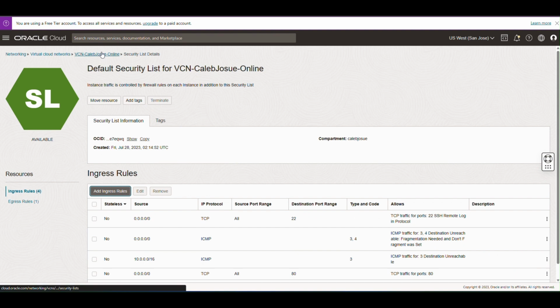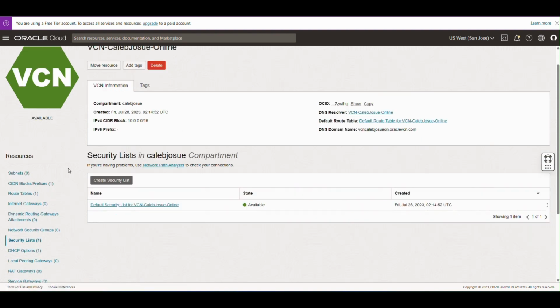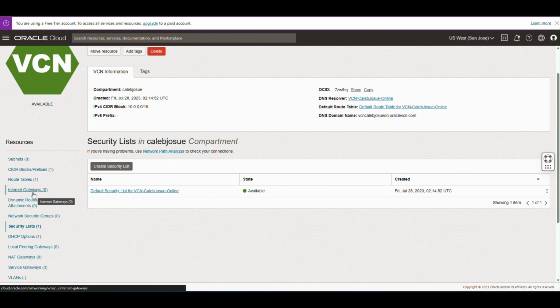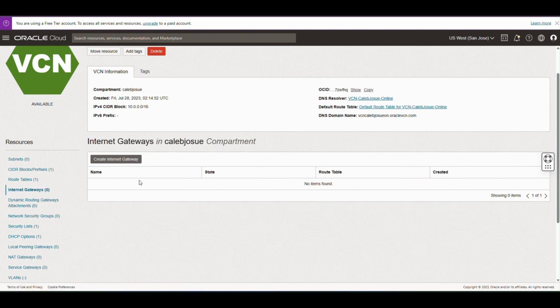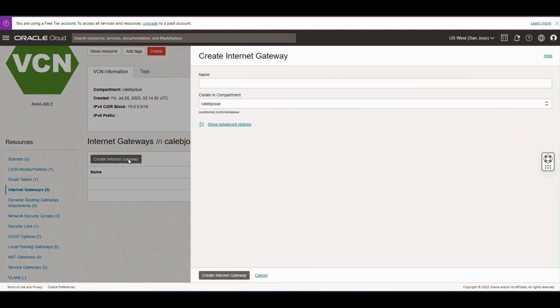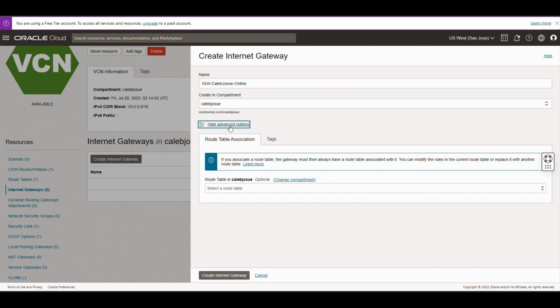Now we need to create the internet gateway. And in here we just need to provide a name, and please make sure you are also creating these resources on the right compartment. Okay,